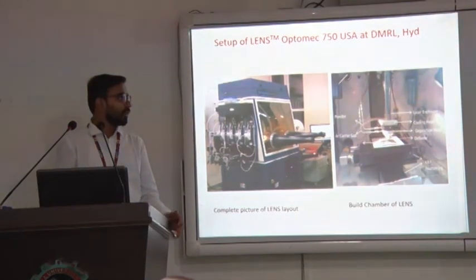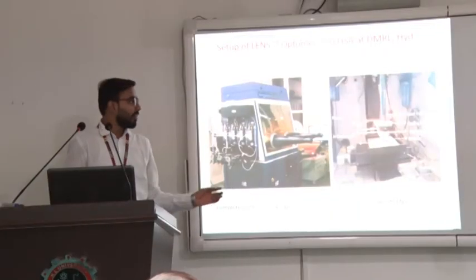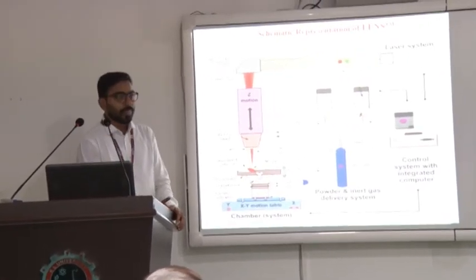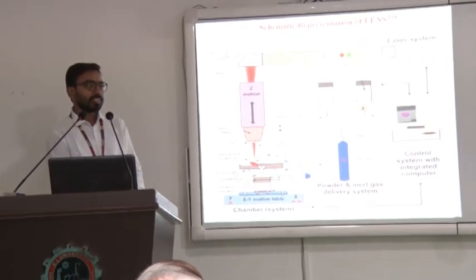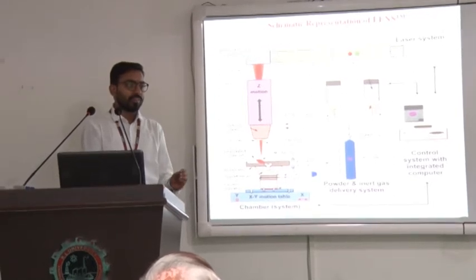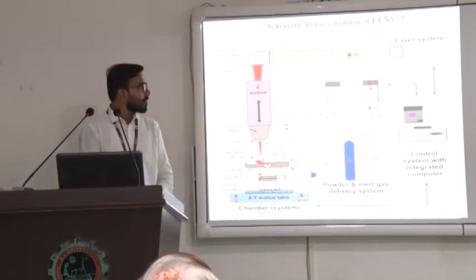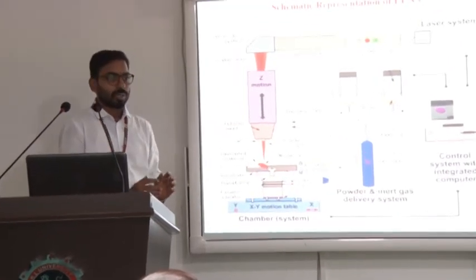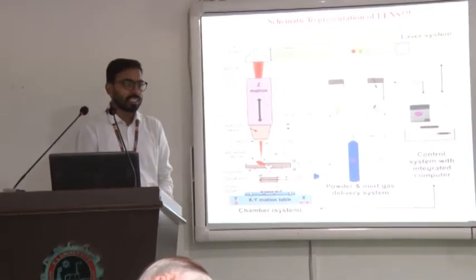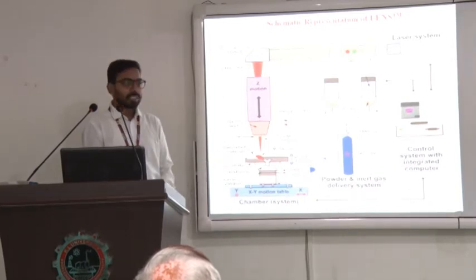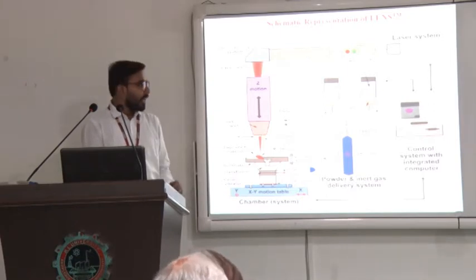DMRL, Hyderabad. In this machine I performed the fabrication processing. How does the LENS process work? The LENS process consists of a laser head which supplies laser power from 150 to 500 watts, supplied through the laser unit, and then this whole process is controlled by a workstation equipped with a computer program and a powder and inert gas delivery system, where the powder is supplied to the nozzle and it is circulated with